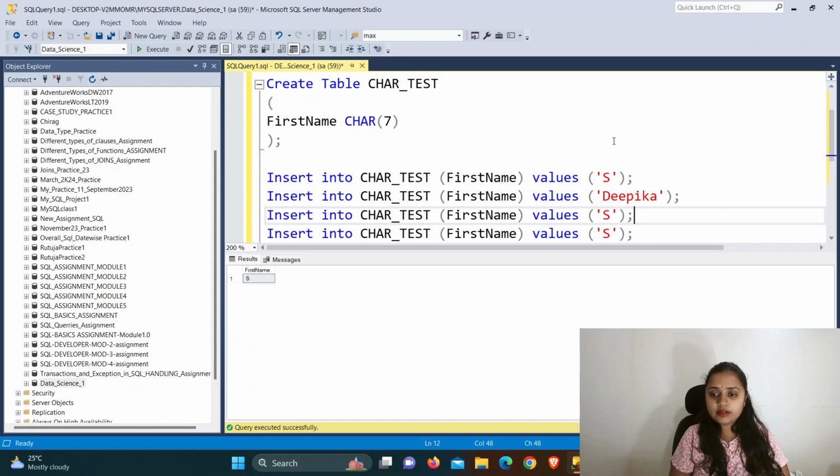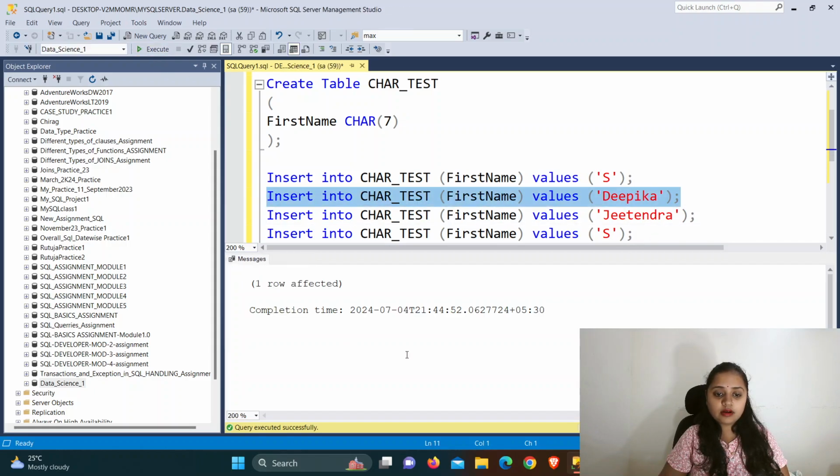Then again I want to insert a name of 7 letters now. So Jitendra, 2 3 4 5 6 7. Okay. Now let's insert the Deepika. Yeah. Okay. Now try to insert the Jitendra name inside your table.